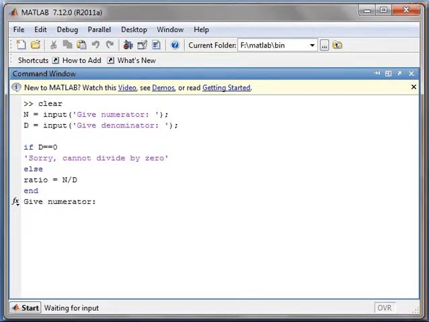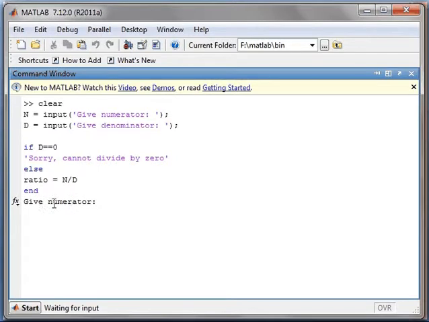Now I am taking an if-else statement. If d is equal to 0, that is, if the denominator is 0, then the output should be sorry, cannot divide by 0, because no number can be divided by 0. Else, if the denominator is not 0, the output will be ratio equal to numerator divided by denominator.